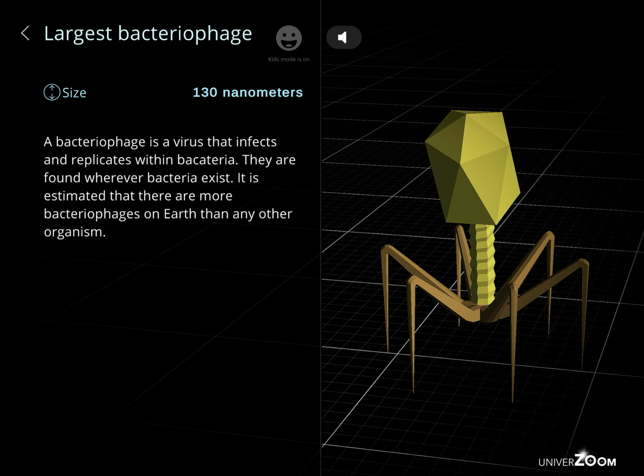Largest bacteriophage. Size 130 nanometers. A bacteriophage is a virus that infects and replicates within bacteria. They are found wherever bacteria exist. It is estimated that there are more bacteriophages on Earth than